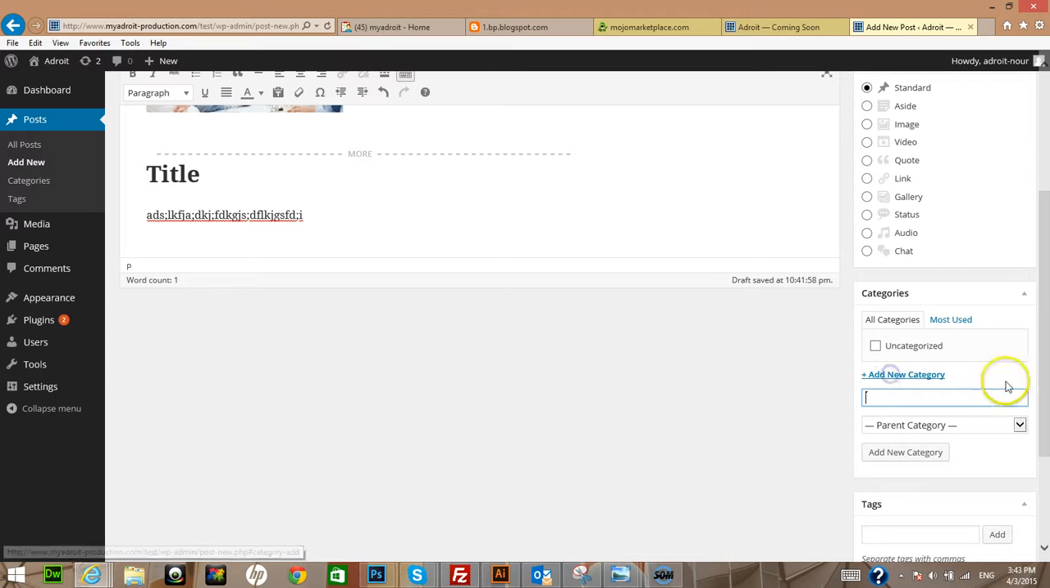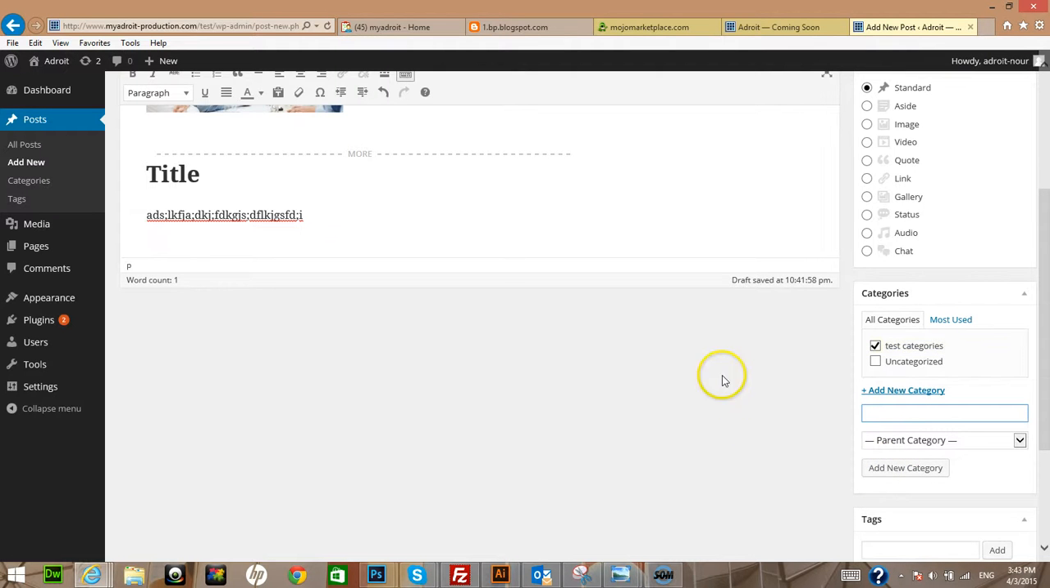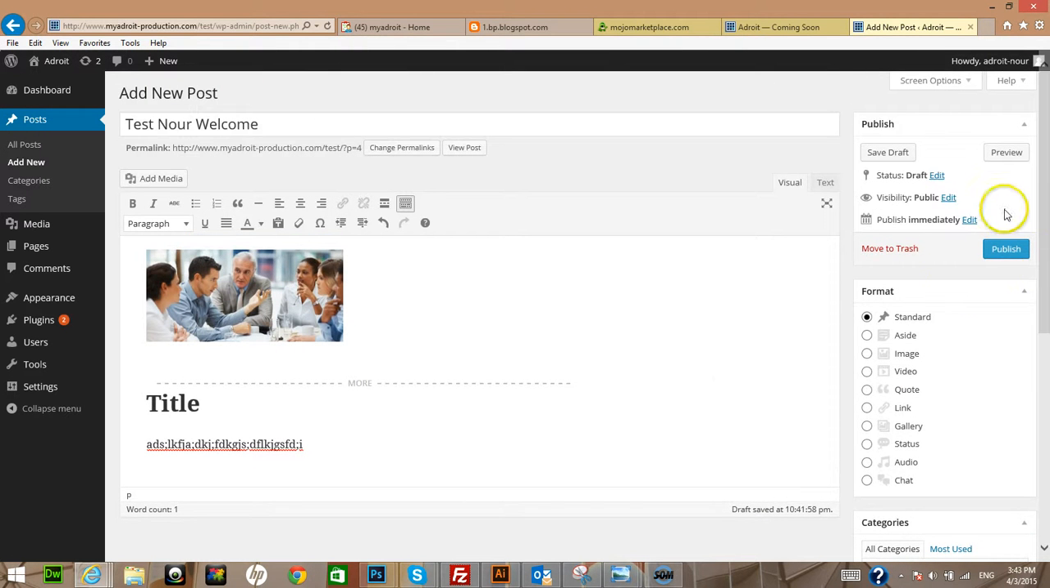If you have categories, you can create categories. So let's say test categories, and if you have a parent category, you can choose one, or add a new category. Everything looks good. I'm going to click on preview,